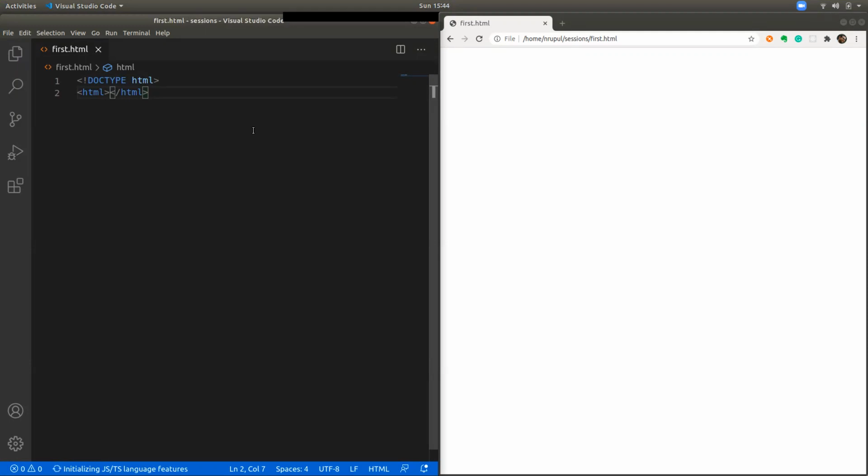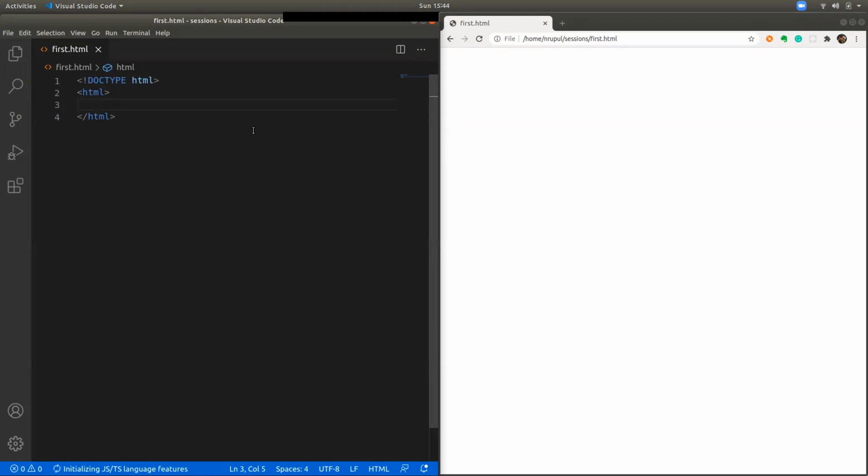Now the most important part, all the HTML code or syntax should go inside this HTML tag. So this is called the root tag, or the main tag of the whole HTML document. Now it should have two things inside it.